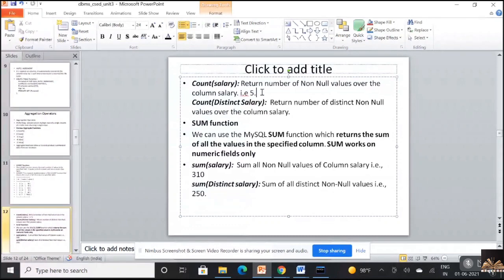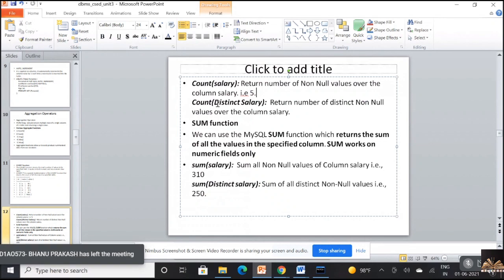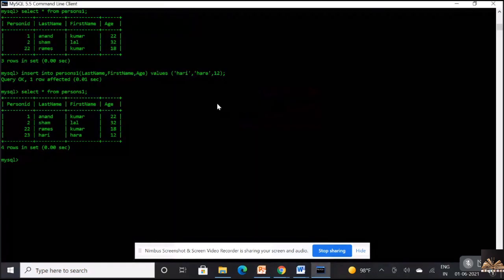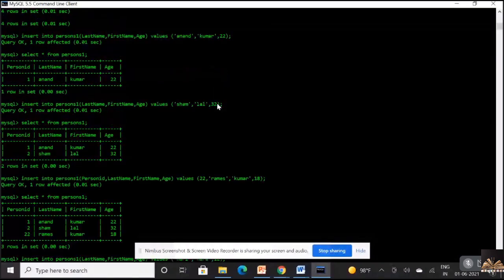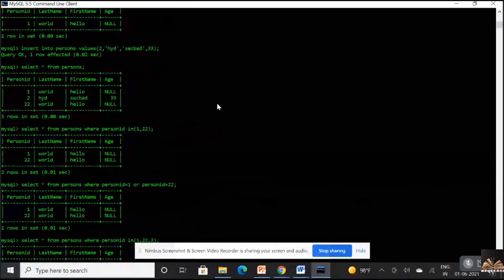Okay. Now, you can even modify this count using the concept of distinct. Distinct is used in displaying the distinct values of a given column. Now, whenever you write distinct, it is only interested in finding out the distinct values from a particular column. Okay, I'll just show you with an implementation. What was the table I used?